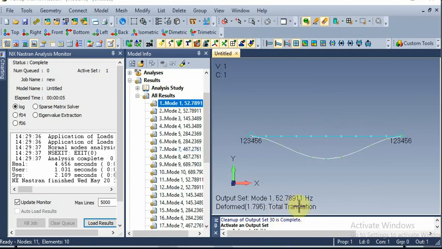Here you can see the natural frequency of the particular mode. This is for mode 1. Same way for mode 2, this value will be the same, but the direction will be different. And for mode 3, it is increased. Same way for mode 4, and for mode 5 it is again increased. Now we have 3 nodes here, and as we keep on going, it will keep increasing.